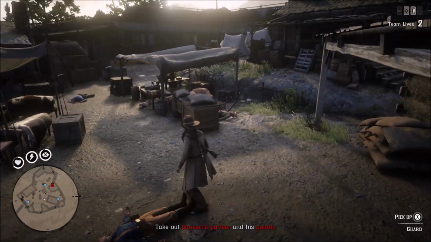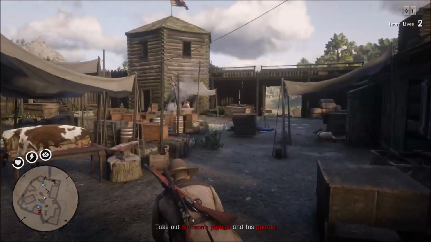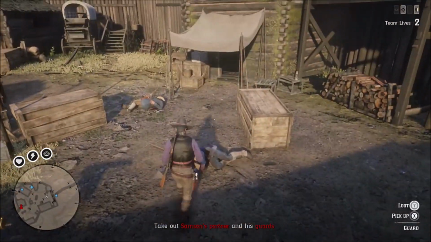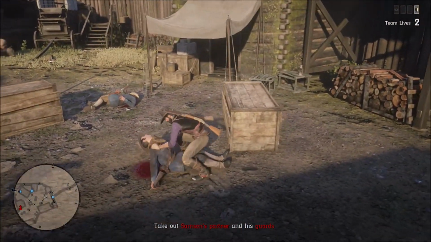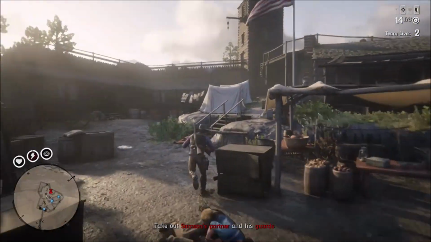Now, even before you kill the leader, you can go ahead and start looting all the bodies. You definitely should loot all the bodies, because that's just something extra that you get anyway from putting this all together. So get your loot, and when you're ready, someone needs to go and kill the leader, and he's clearly